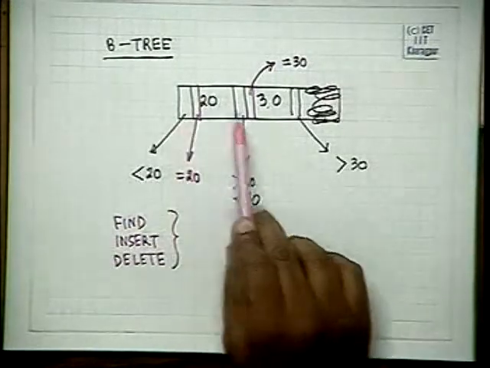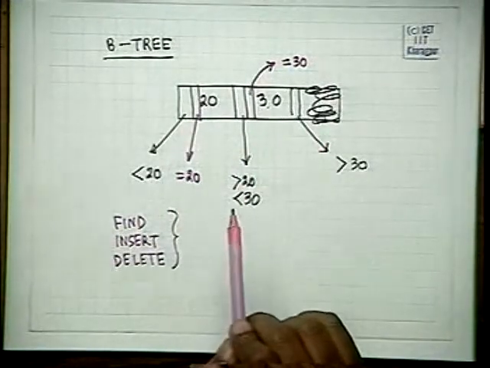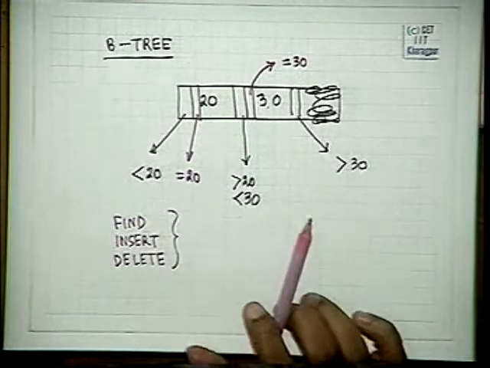Here they will make use of this additional effect. This tries to reduce the total height of the tree because it stores some internal nodes. It reduces the find time also, but the insert and delete will be slightly more complicated than what we have in the simple B plus tree.